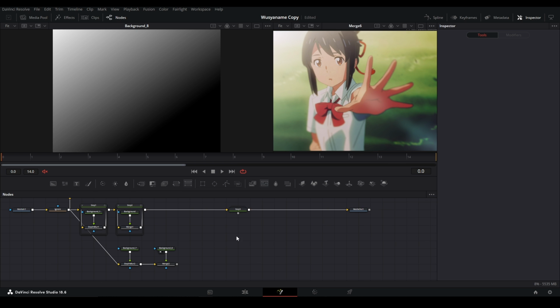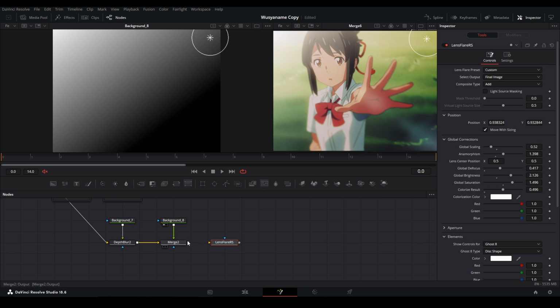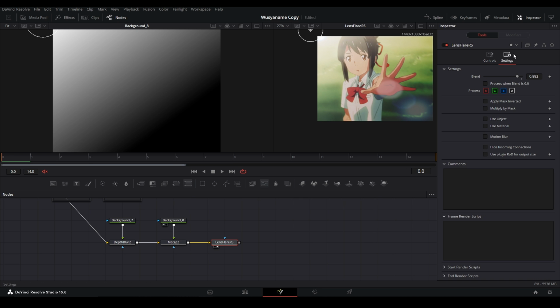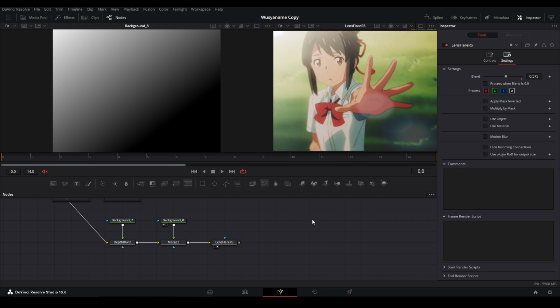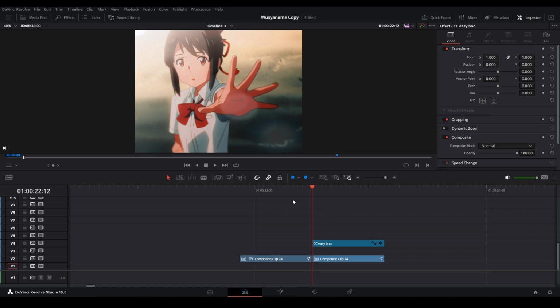But basically, we're going to add a flare as the last one we're going to use, so I'm just going to add a lens flare, this and that, put that there, and then we could bring this over here, maybe a little bit more above. I don't even need the main flare over there. I just want this over here, and then we could bring this blur a little bit more down. That works for me. From there to there, and then out to our color correction at the end. Now we have something like that. A nicer difference, a little bit more composited, and yeah,